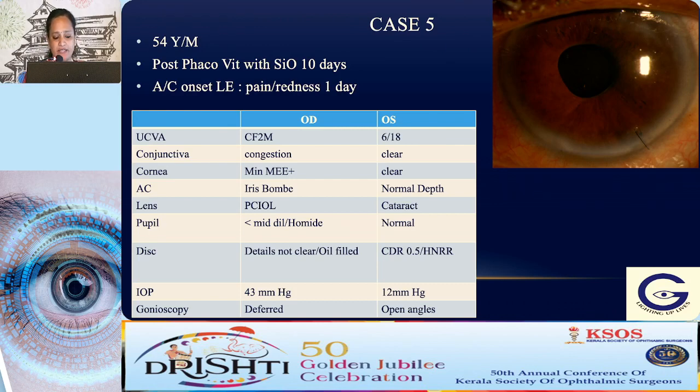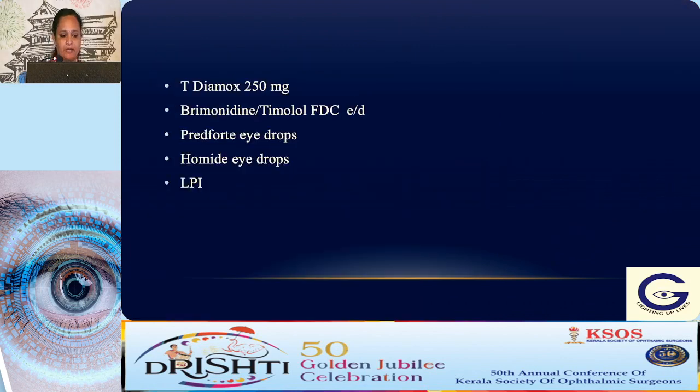Pupil was less than mid-dilated because the patient was already on homatropine. Disc details were not clear because it was an oil-filled eye. Intraocular pressure was 43 millimeters, and gonioscopy was deferred in this eye, and in the other eye it was open angle. So here the mechanism is again pupillary block, but it is an acute secondary angle closure, which was inflammatory in this case. So I gave Diamox stat, then topical anti-glaucoma medications, and then since the view was a bit clear,